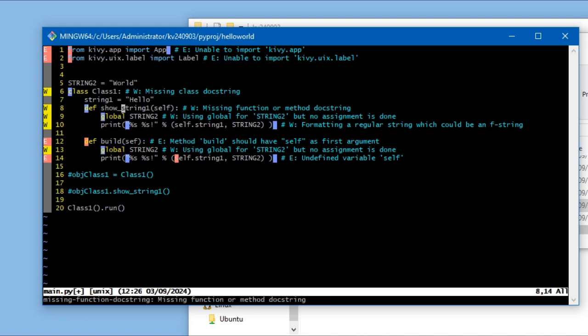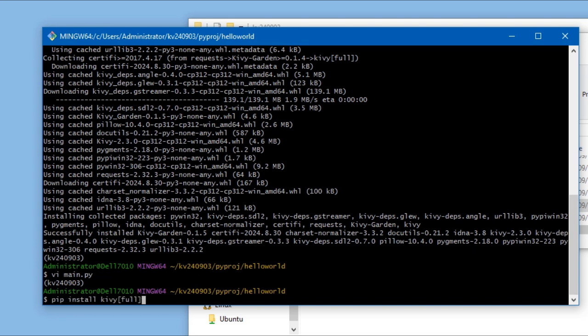And we need to pass in the actual object of the Kivy app into class 1 like that. So now if we just save this and then once again run python space main.py,